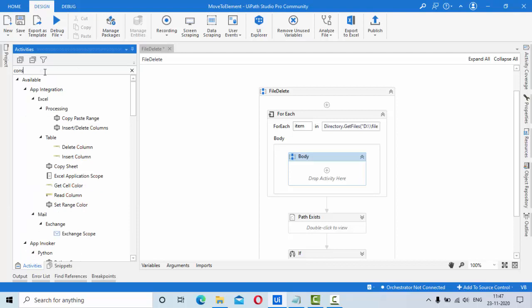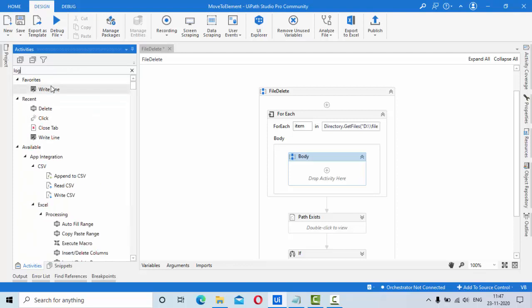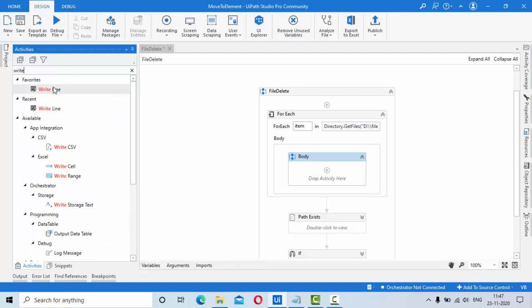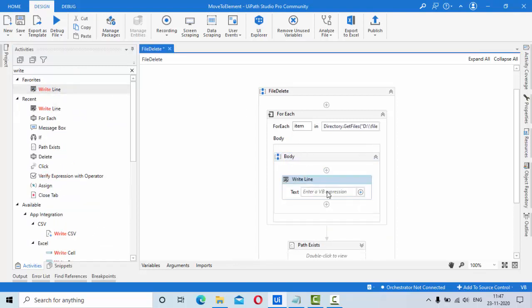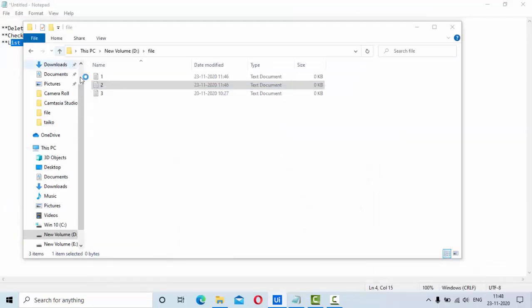So I'll use console.log, write line should be fine. As of now, let me keep it like this. So here I am listing all the files from the folder and writing them into the console. If I get it, then I'll try to remove one of the files.